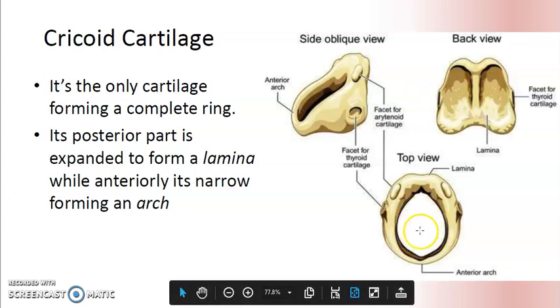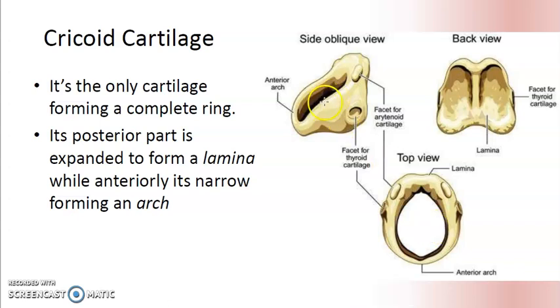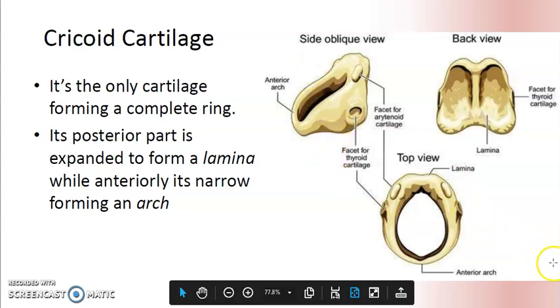From this cavity it enters into the tracheal cavity. Okay, trachea. Below this it's like a well. Below that there will be the tracheal cavity. The upper margin of the cricoid cartilage is attached to the thyroid cartilage by the cricothyroid membrane. The lower border is attached to the trachea by the cricotracheal membrane.